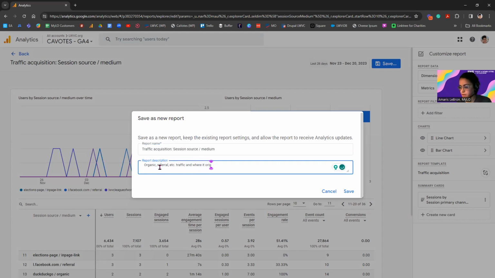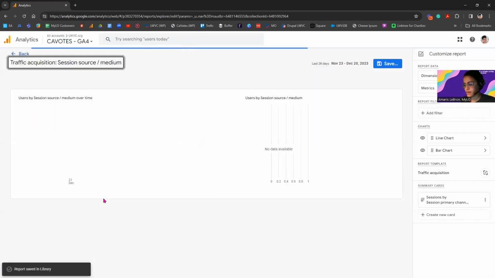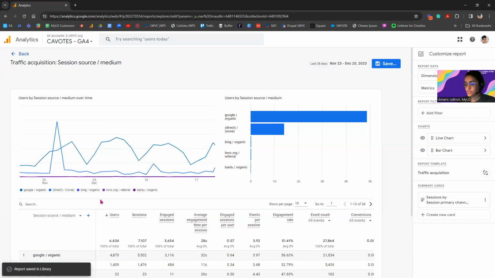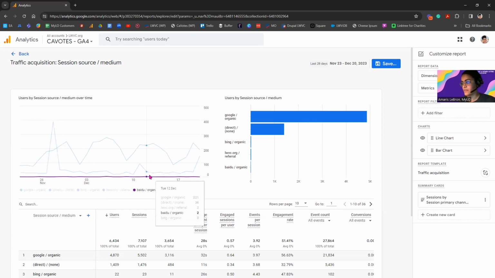So I'm putting organic, referral, etc., traffic, and where it originated. So that helps me a little bit in knowing what that's about. So once you save a report, it tells you really quick at the bottom that the report was saved in the library. So we go back,